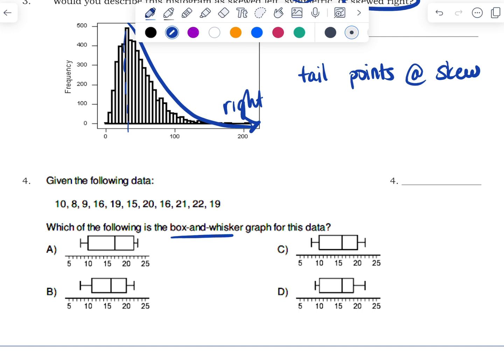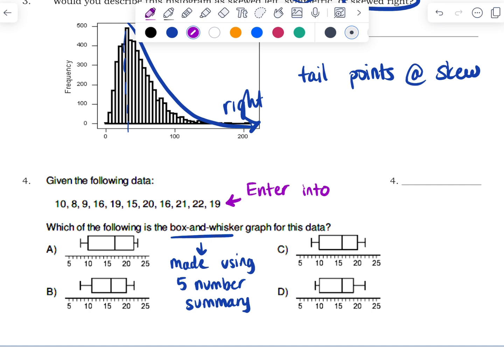Here's what you need to remember. The box and whisker plot is made using the 5-number summary. So if you want to figure out which box and whisker plot matches, then what you need to do is enter this list into L1, and remember, you get to L1 by going stat,